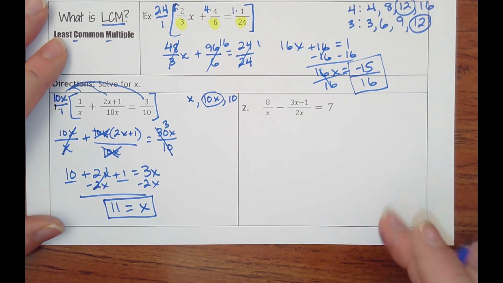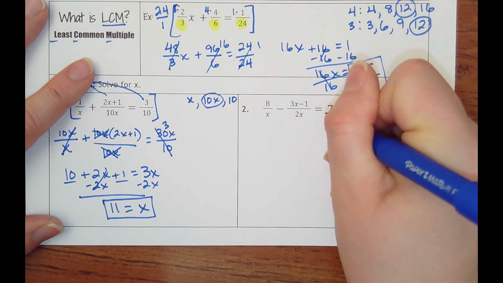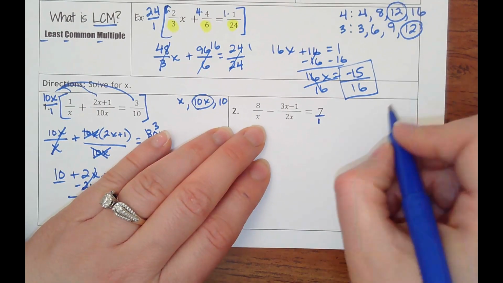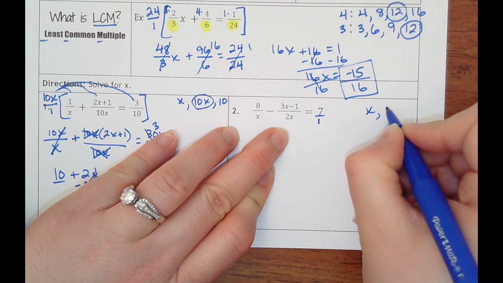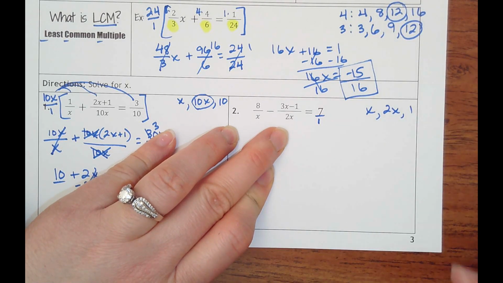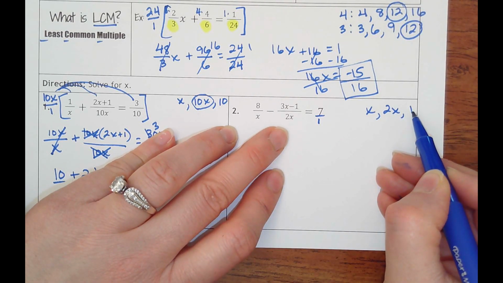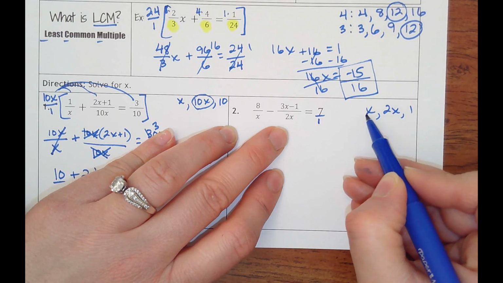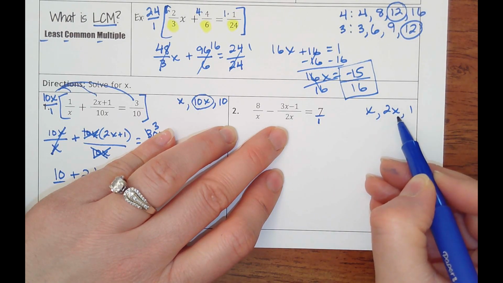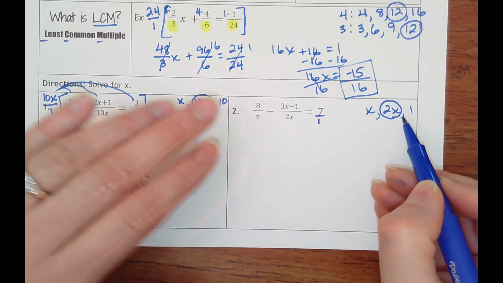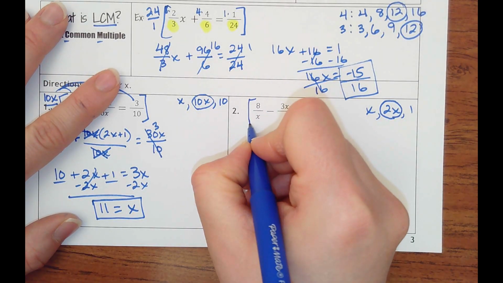Okay, let's try another one. Number 2 has a whole number 7. Put it over 1. So our denominators are x, 2x, and 1. I can't do 1 because that doesn't have 2 or x in it. I can't just do x because I also see a 2 showing up. This 2 times x is my least common multiple. So I'm going to multiply this whole thing